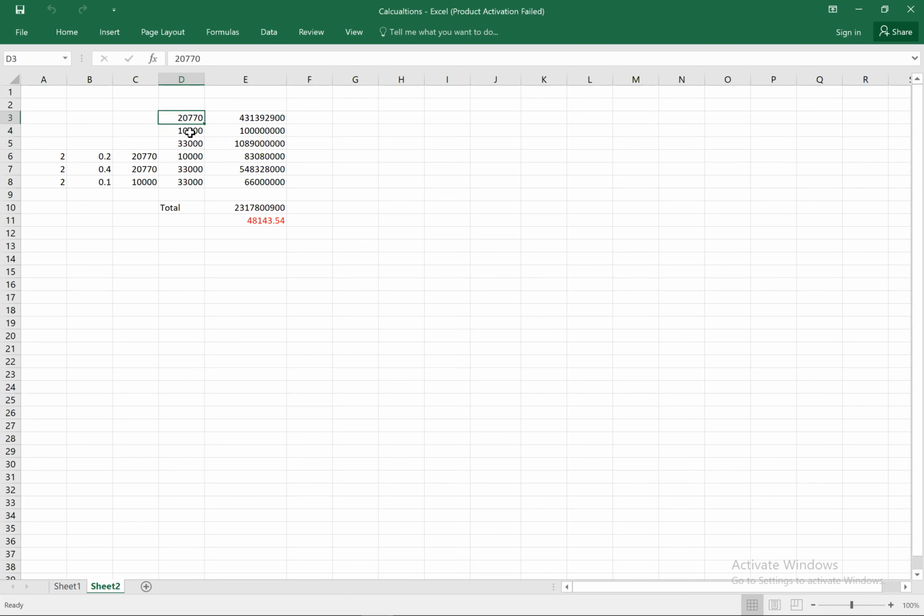So if you see 3 assets, like we did, and you want to change any of these, for example, if you change this one and make it 10,077, automatically this will change. If I get it back to 2077,